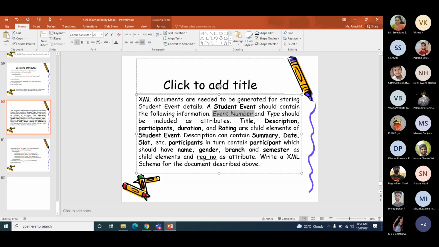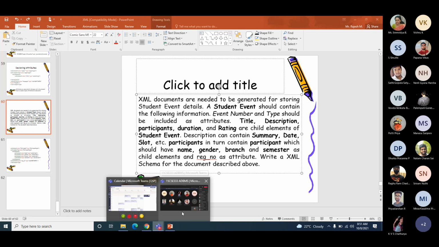And two attributes, event number and type of event. So those two attributes will be the final complex type. And declare student event element with that type. That will complete your XSD. Complete that.